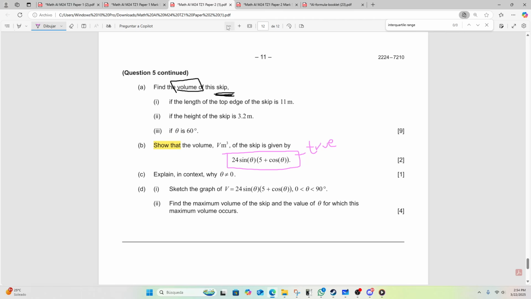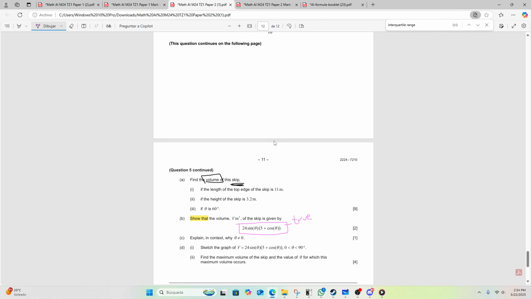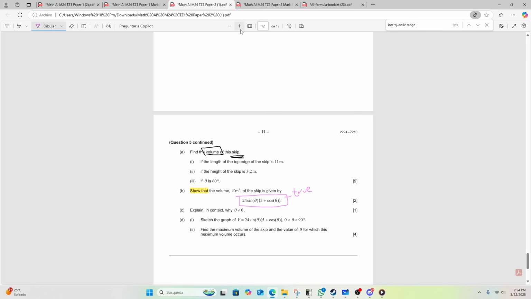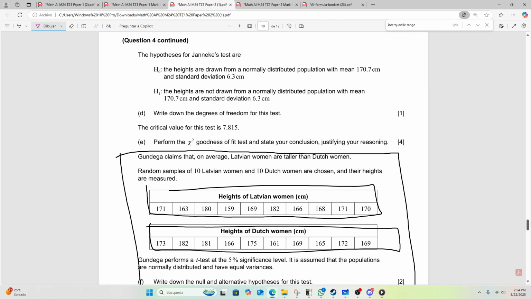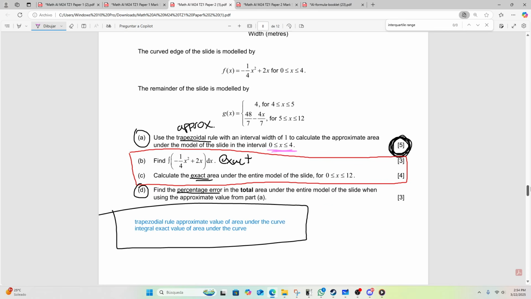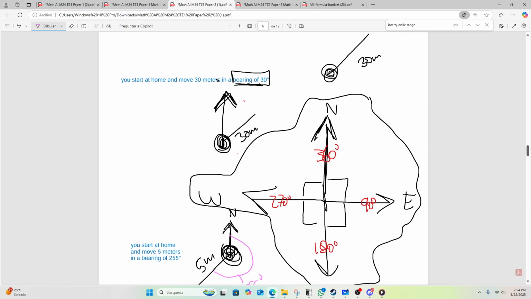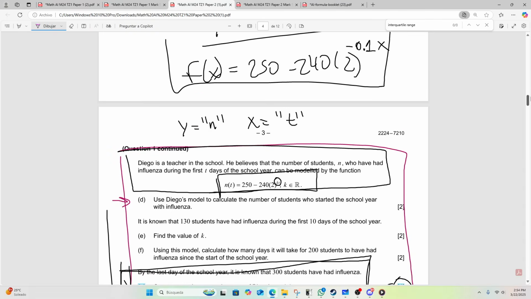Alright, you guys. So, number 5 is a little bit different. There wasn't too much that the formal booklet could help me with. And I know there's going to be haters in the comments saying, oh yeah, your method was pretty good, but number 5, your method didn't help at all. Well, how much did it help with number 4? How much did it help with number 3? How much did it help with number 2? How much did it help with number 1?